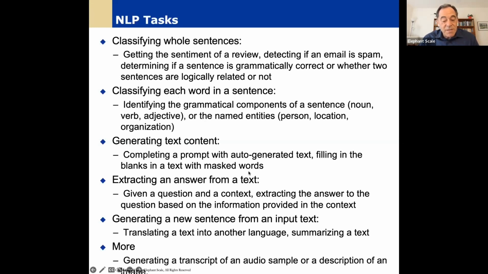Generating text content, of course, everybody knows it's been a week when GPT-3 has been making big news and everybody discusses this, and my family tells me, did you see this or that? So that's amazing. It's not them, it's not Hugging Face, but you know what it is. Extracting an answer from a text is awesome because you give it a very large manual and you say, well, where in this manual are the danger points for my pump? Let's say oil pump, that's an example that I have, and it finds it.